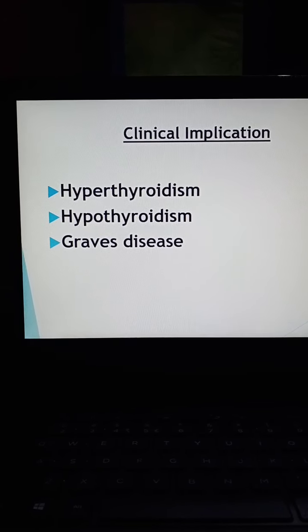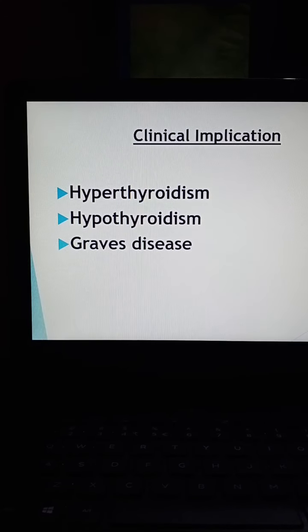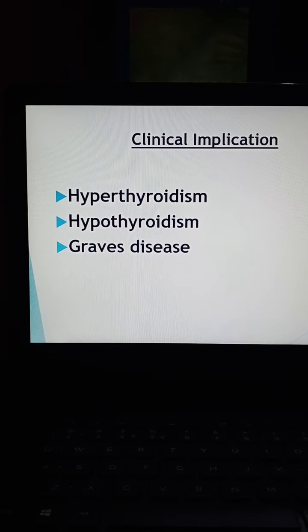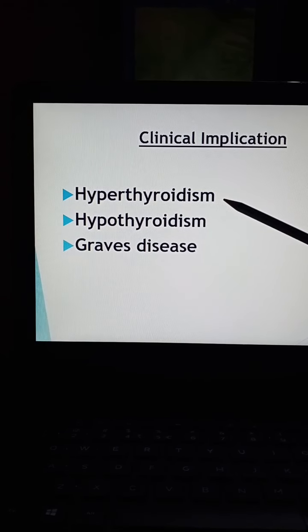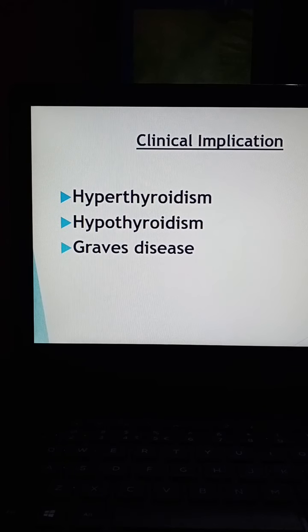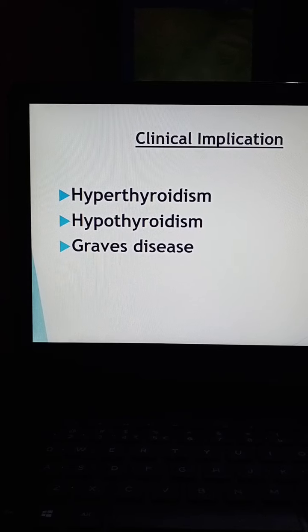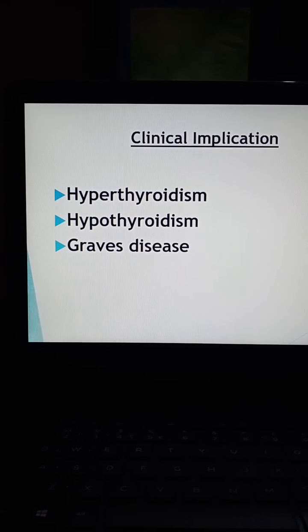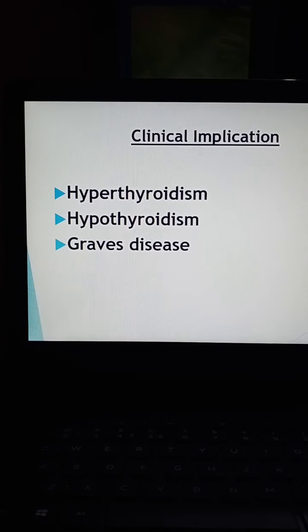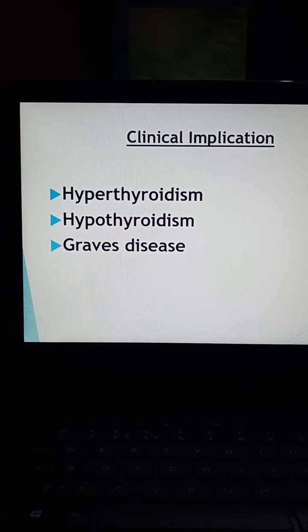It is a hypermetabolic clinical condition where more thyroid hormone is produced than normal, and this condition is more common in females as compared to males. This condition occurs due to many reasons: neoplasms or tumors present in the thyroid gland, or infections. So many reasons are there, but whenever hyperthyroidism occurs, there is an increased metabolic